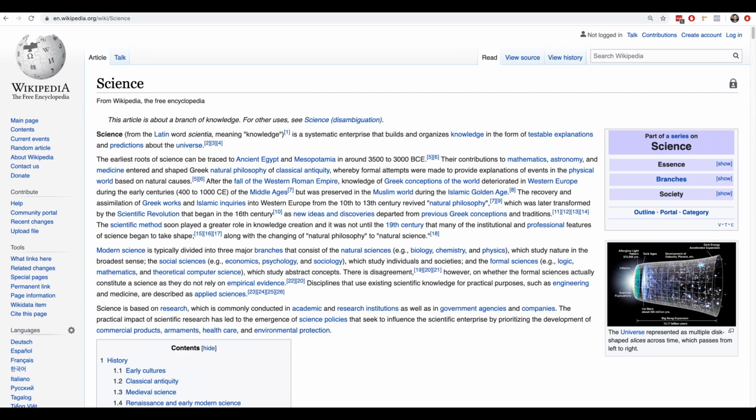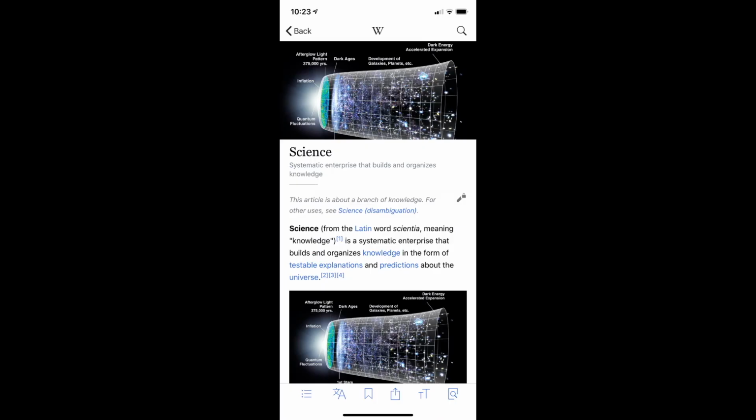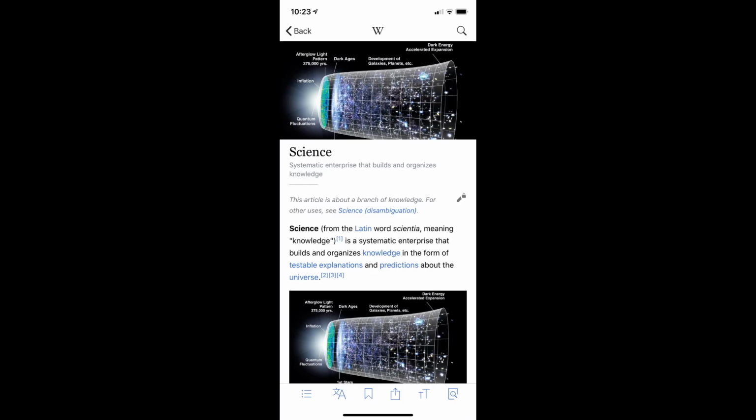Now contrast this with the mobile app for Wikipedia. There is so much less, and that's because there's less real estate available on mobile phones. So when you're building mobile apps, less is more is critical because there's just not that much space. So you have to do less is more, otherwise you just aren't going to be able to build your app at all. So you're going to have to cut out things that don't matter and focus on the next principle,